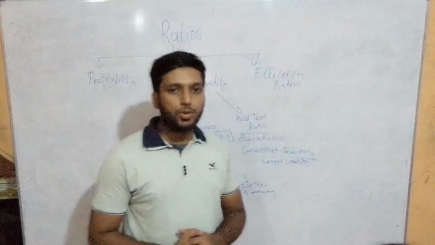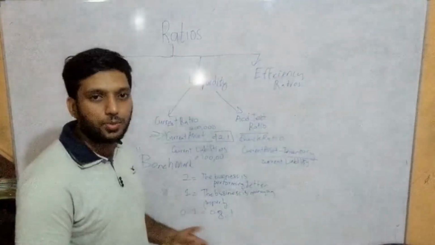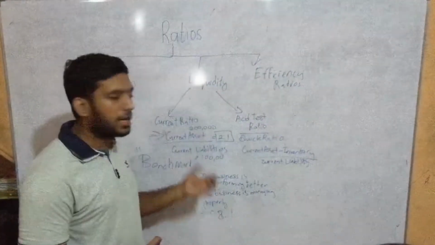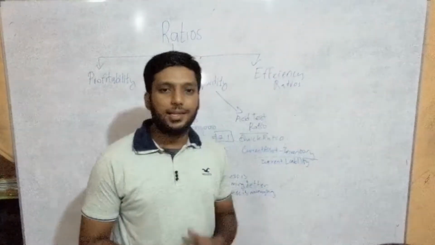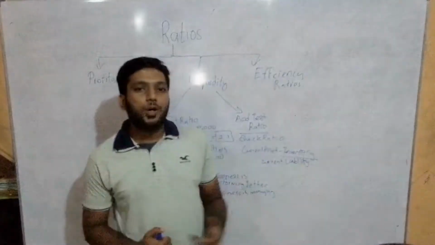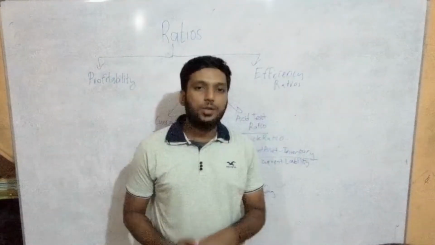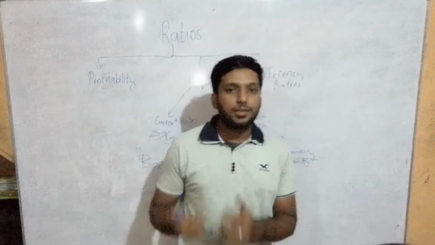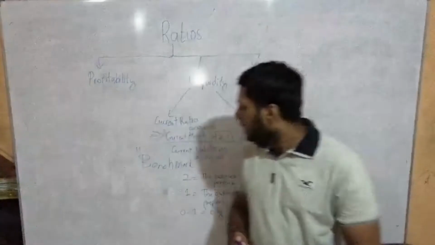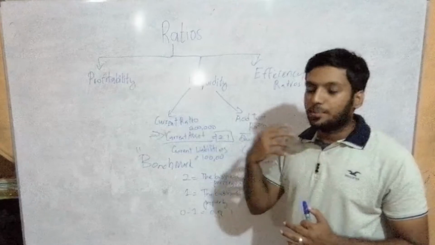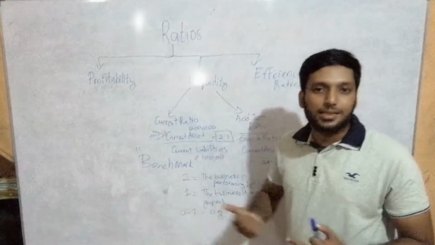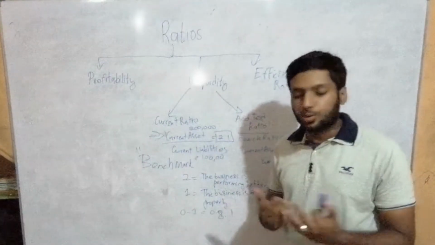So when they ask about the benchmark, the examiner is very tricky again. As I said, in current ratio, they might say the business has a ratio of 0.8. Do you feel that it is satisfactory? Or they might say, from the above calculations you have calculated, do you feel that the business is doing satisfactory? So you need to say that if the business is on 2, the business is performing at the best. So they are managing their cash flows better. Maybe their sales are high, maybe their expenses are low. You can speak on that area.